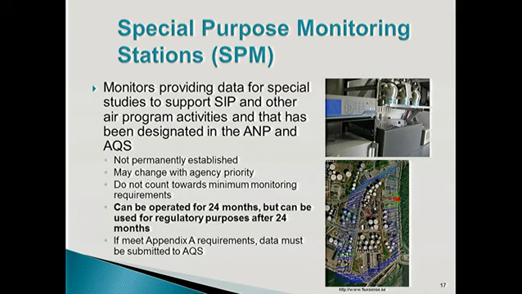Next, I want to move into the special purpose monitoring stations. This is still data that we would consider putting in AQS because they meet the Appendix A requirements, but these are providing data for special studies to support SIP activities and are designated in the annual network plan. So, for example, if a new source comes in, such as an airport, and you're worried that there could be either lead emissions or something that could affect some of your next defendability later on, you can implement these special purpose monitors to address that,